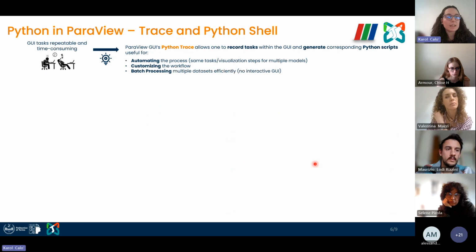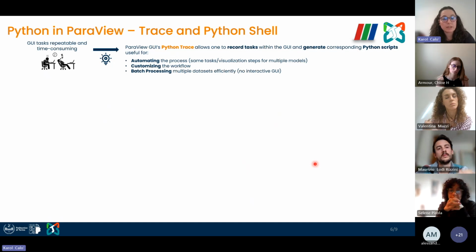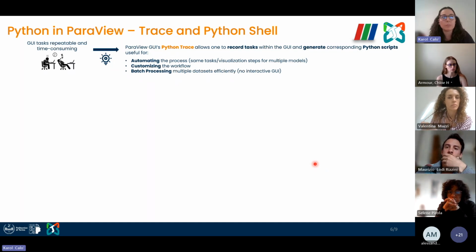The second and last example of how we can exploit Python in ParaView is the use of the Python trace and Python shell. So imagine that we have a series of tasks that we want to perform on a single model, and then we need to repeat the same tasks on many other different models. If we have to perform these manually within the ParaView GUI, this of course could be extremely time consuming. And so in this case, Python trace is very useful because it allows the user to